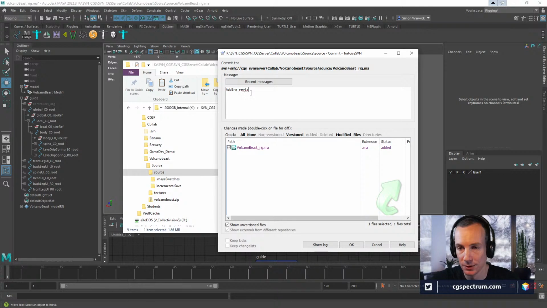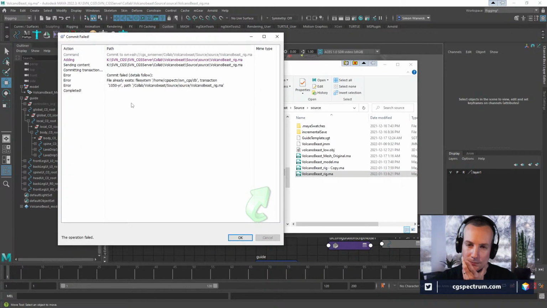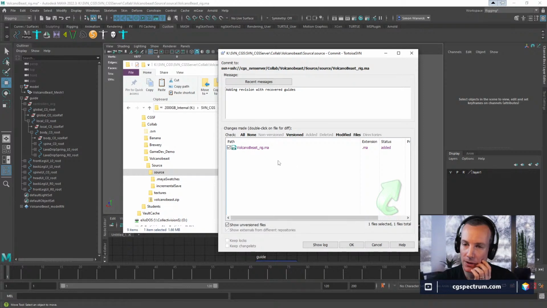Adding revision with recovered guides. Already exists. Boy, I sure have made this look really, really complicated.